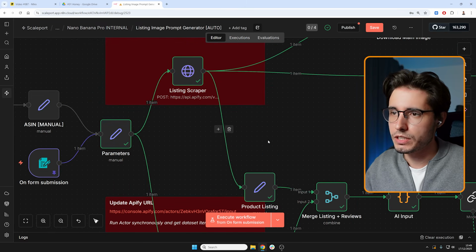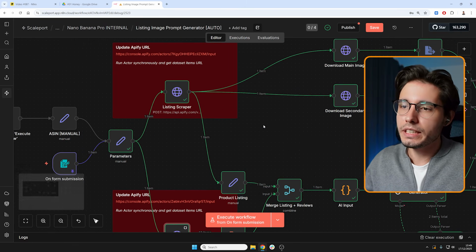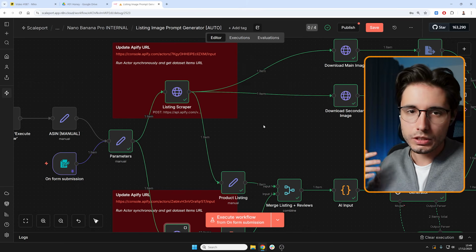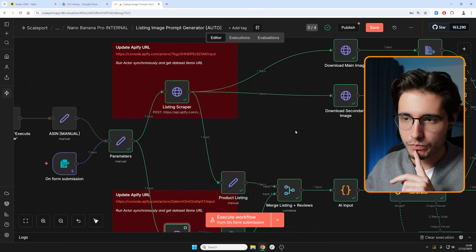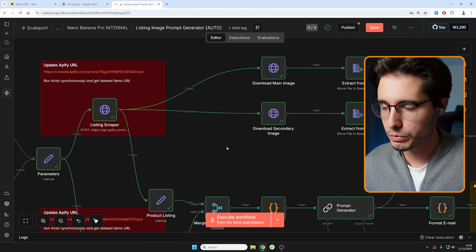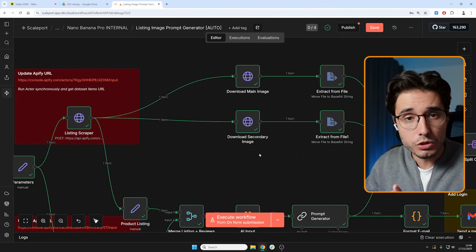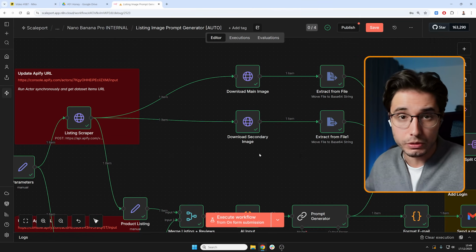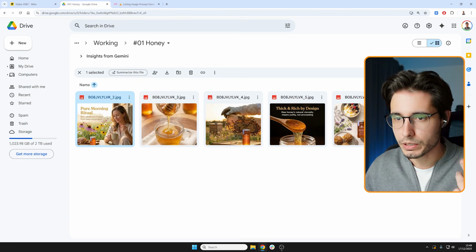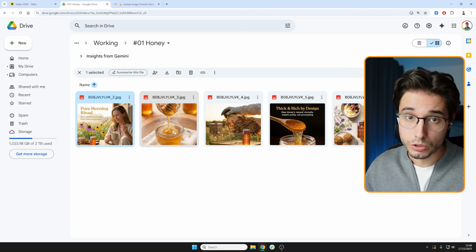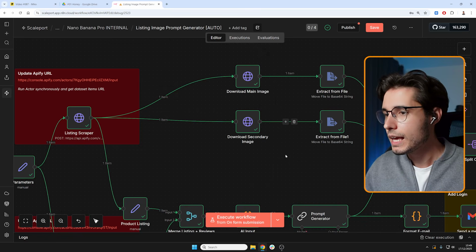What happens next is that we need to change the data that Apify returns so the next agent can work with it. With the image, we need to get the main image, and we also download one secondary image, because that's what's going to be sent to Gemini so it understands what the product looks like, right? But because, as you can see here in the images, it looks exactly like the product, it uses the main image for that. And